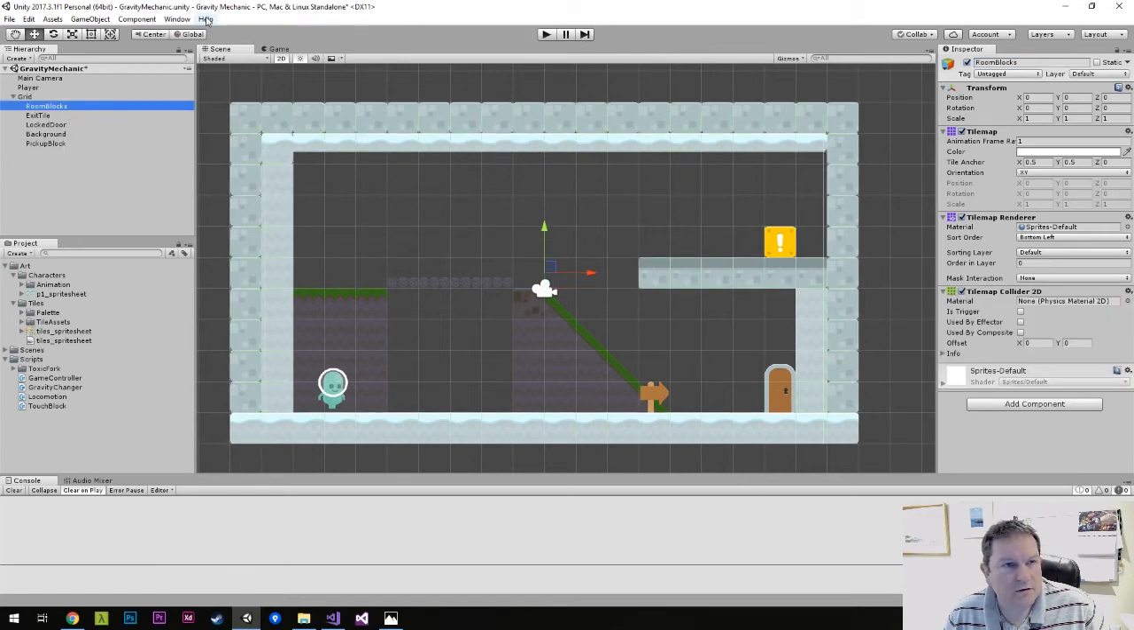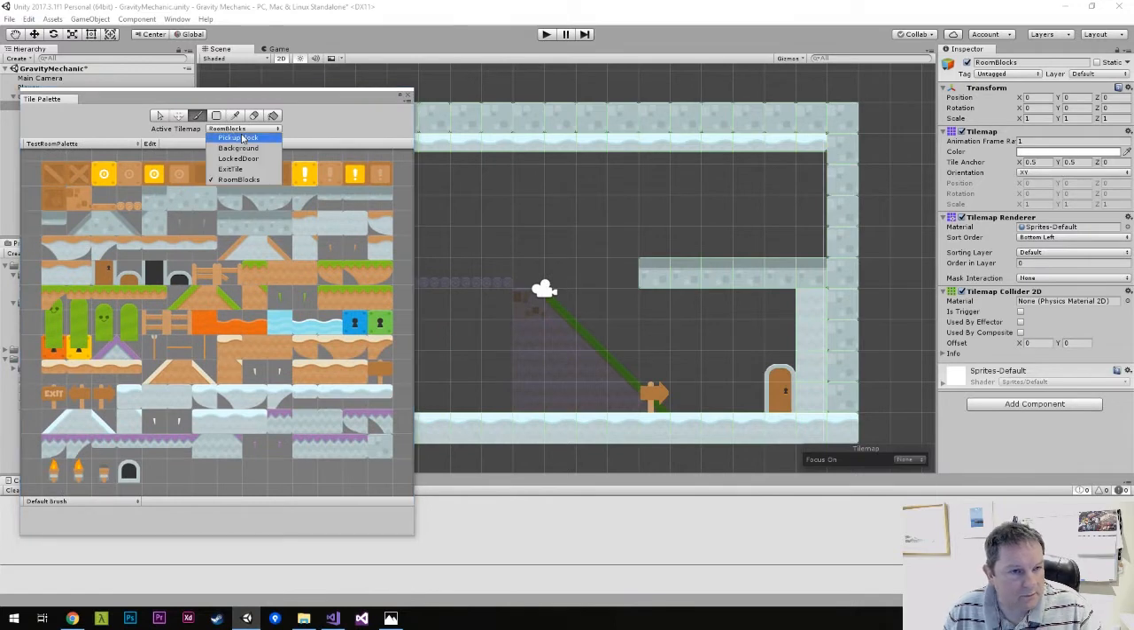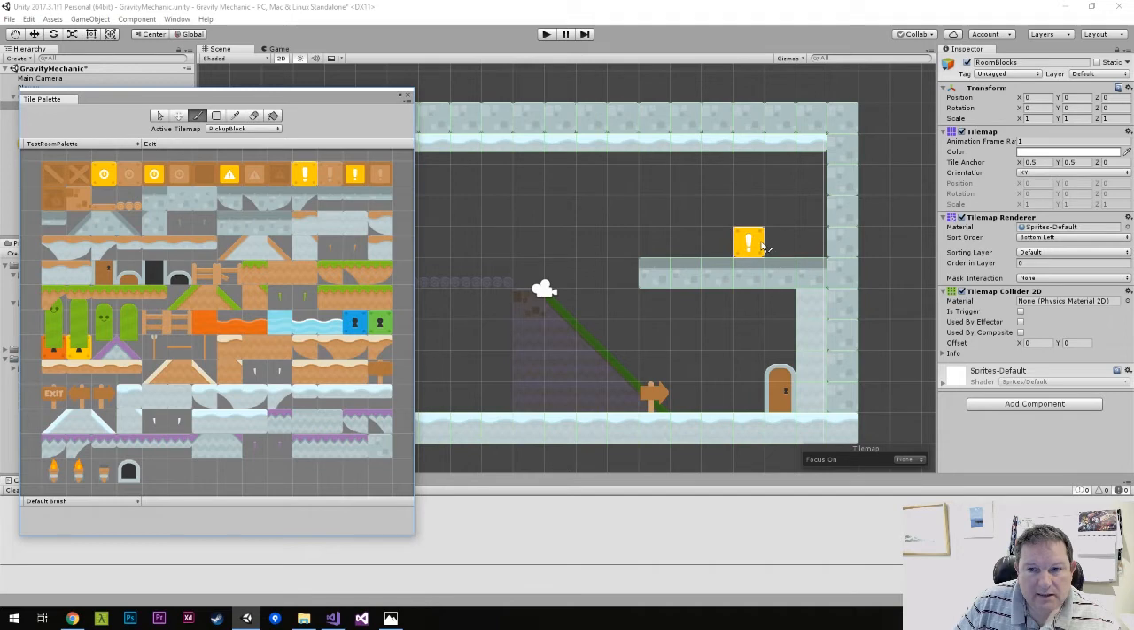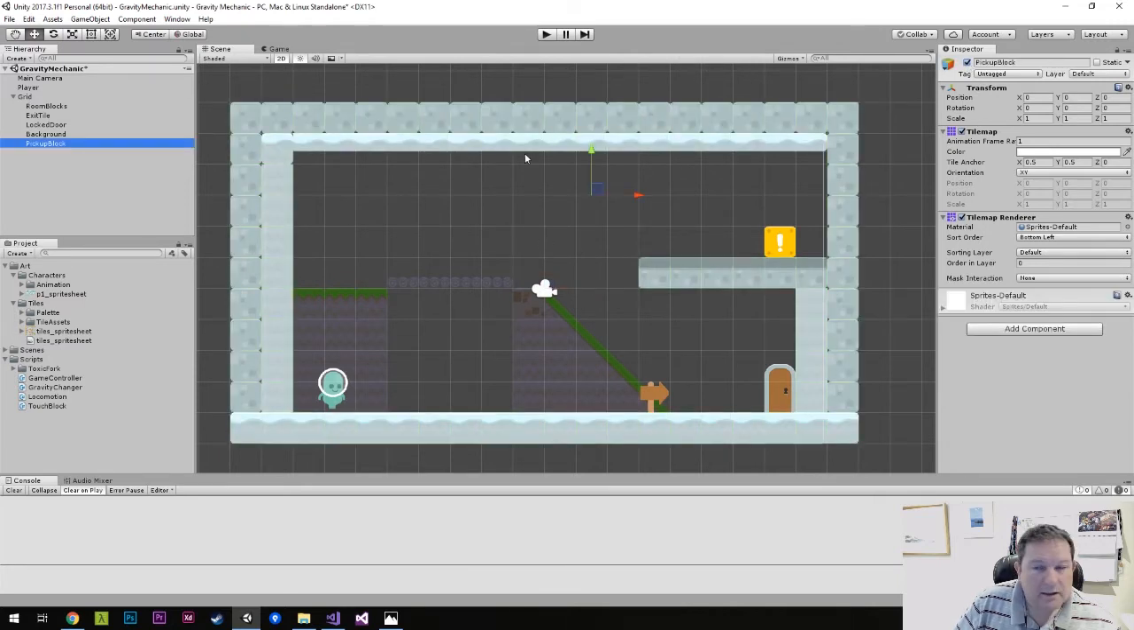If I go to room blocks and tile palette, I have this one over here, but I actually don't want that to exist in there. I want it to exist, if I show you this here, if you go to pickup block, I want it to exist there. So I want that block to be in pickup block. So that's the room blocks there, and then pickup block is here. Okay,